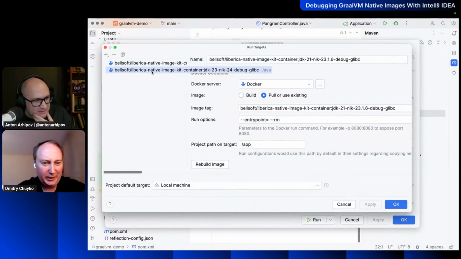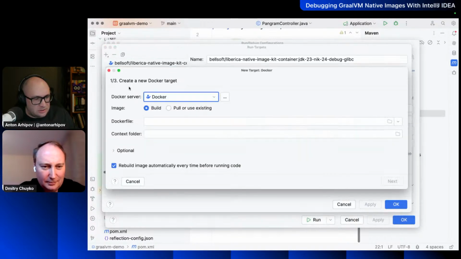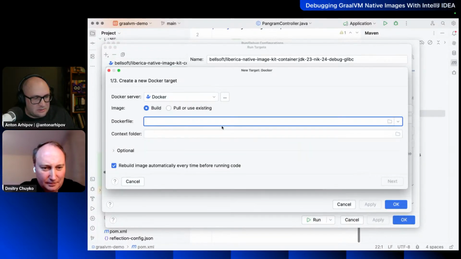Yeah, so you already have those configurations, right? Exactly. So all I need to do, and by the way, if you wanted to know how to create them, you could just select Docker and add the image here. How do I know which image to add, Dmitry? Yeah, that's a great and a tricky question at the same time, because